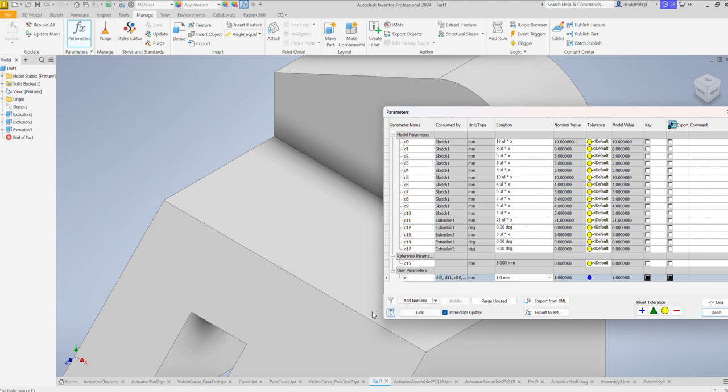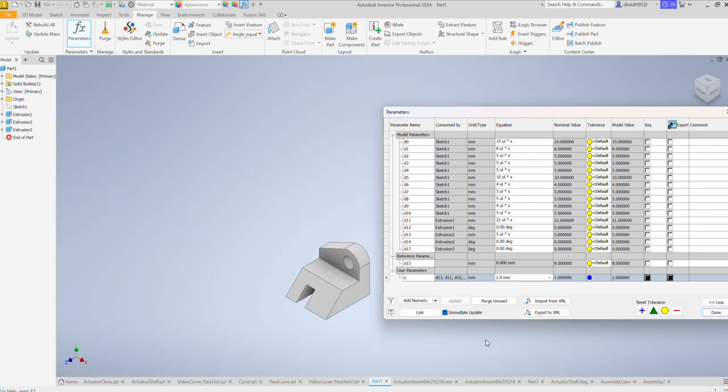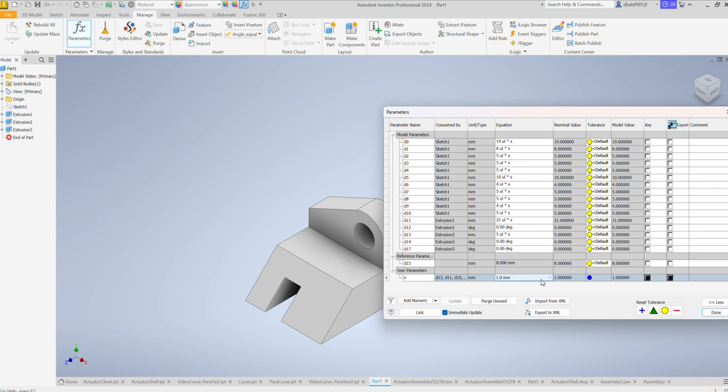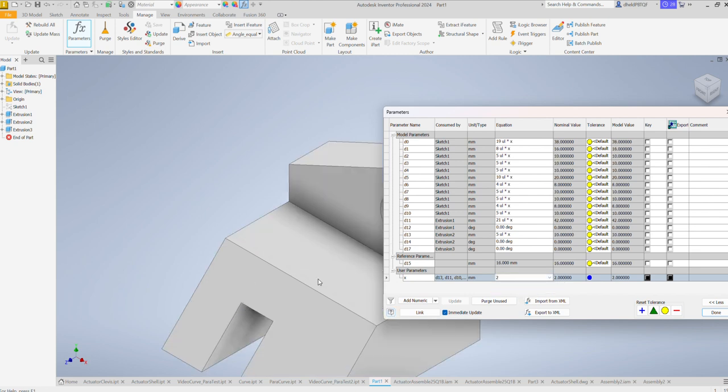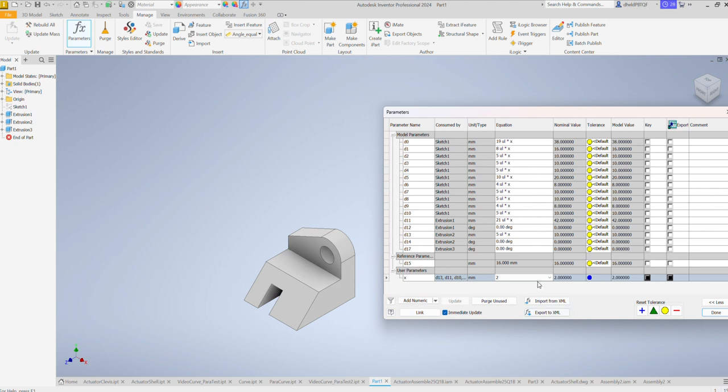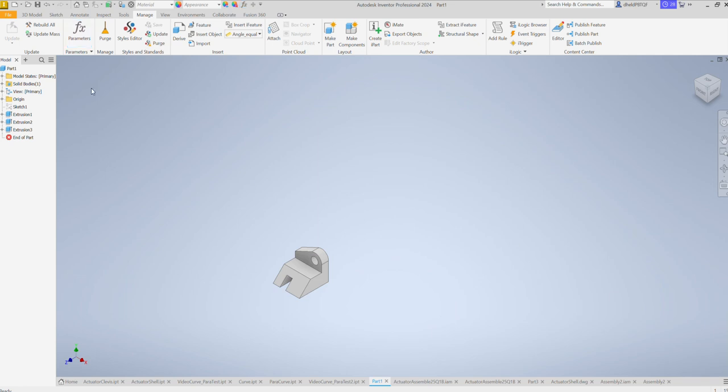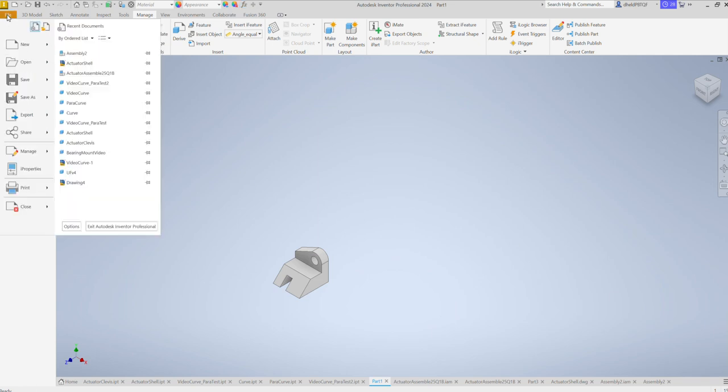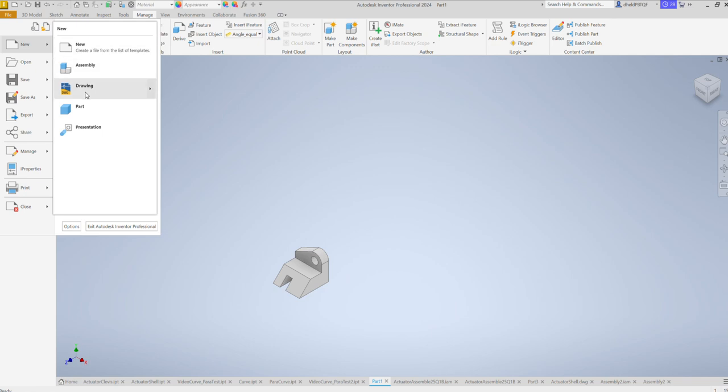So we can see I can set up a little drop menu and change the dimensions to double the size, or normal size, or half size, or again double size, or regular size. Okay, that's our goal. Here we go. I'm going to click done here. I'm going to file. I'm going to create a new part,